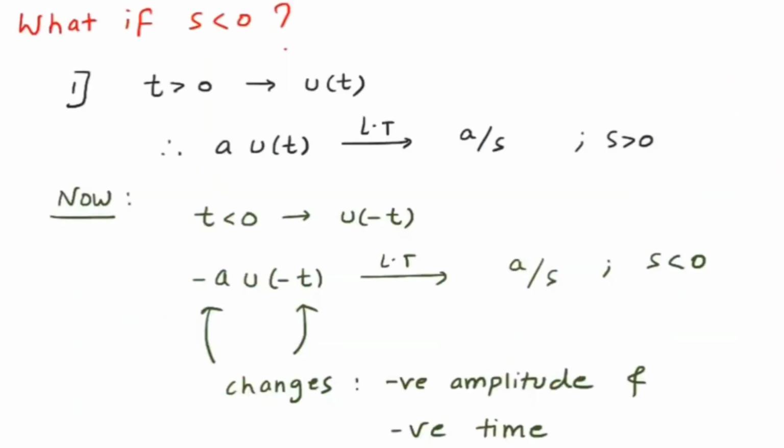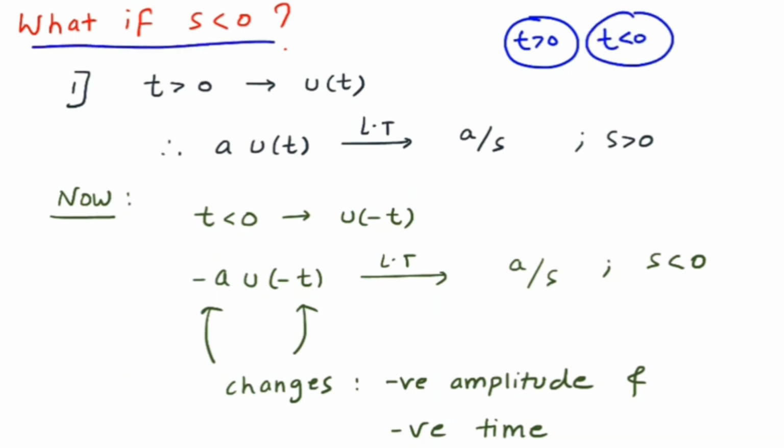Up till now we have seen all the standard results for t greater than 0. Your question might be, when my t is less than 0, what should I do? So for that, this is the slide. What if my s is less than 0, which means my region of convergence is on the negative side. As you can see, the very first point, when your t is greater than 0, this signal is known as a step signal, or you can say the step function. The u of t graph is like this, where it works when your time is greater than 0. So when your time is greater than 0, it will work. When your time is less than 0, it won't work.